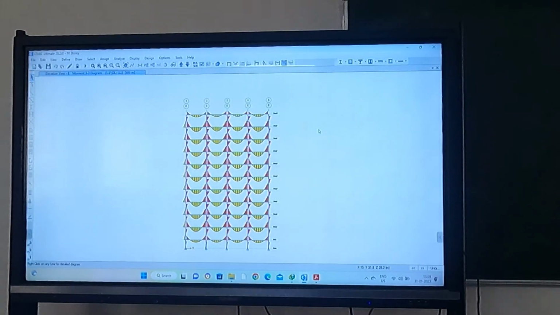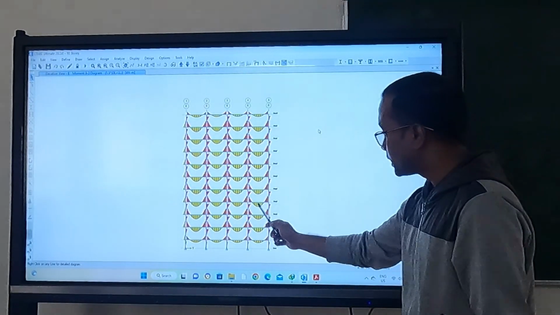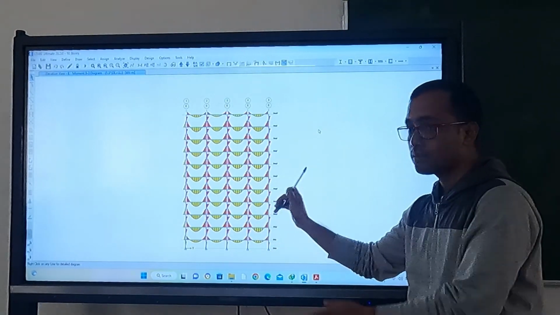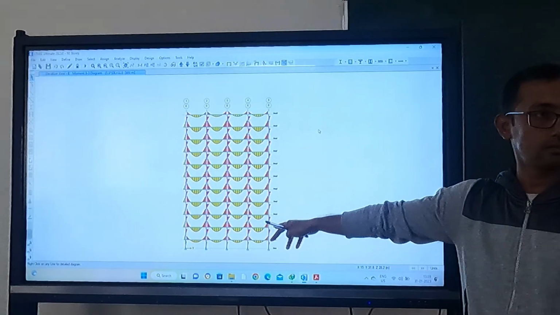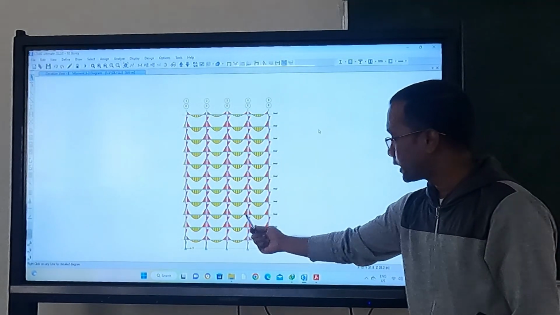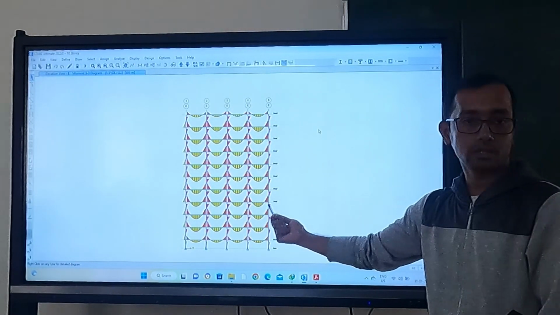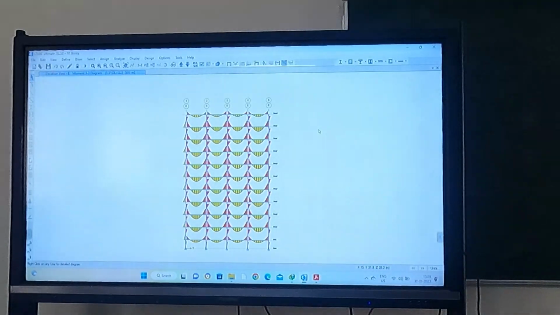You can see this diagram is symmetric, right? Symmetric means if you take any of the member, the moment from both the direction, both the end, will be similar. For example, this member, if you go from this direction and coming from this direction, at a particular distance from both the end, moment will be same. At a distance of, let's say, 0.1 meter, this is the moment. Similarly, at a distance of 0.1 meter from the other end, it will be same. So it is symmetric. That we expect for gravity load case.